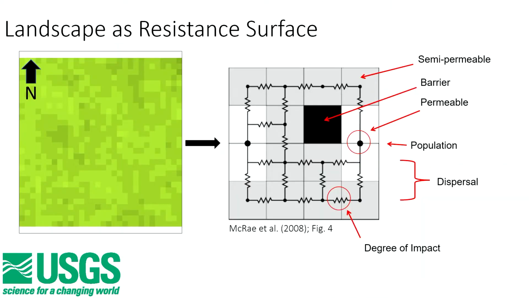So to get an understanding of how the landscape influences gene flow, we can extend this typical representation of the landscape as a gridded surface of variable cover types to a variably permeable resistance surface depending on those cover types. And we can also leverage the mathematical relationships from circuit theory to more formalize that relationship. So on the right here, I have an analogy of that connection between circuit theory and the landscape. We have our variably permeable resistance surface with an electrical grid overlaid on top of